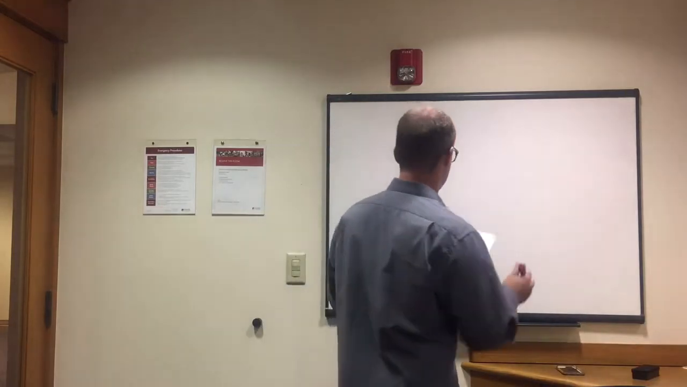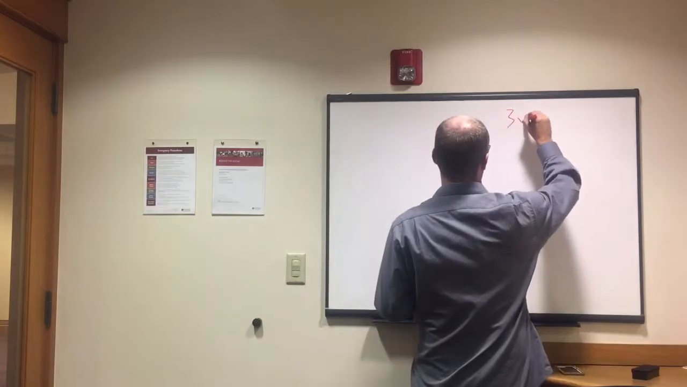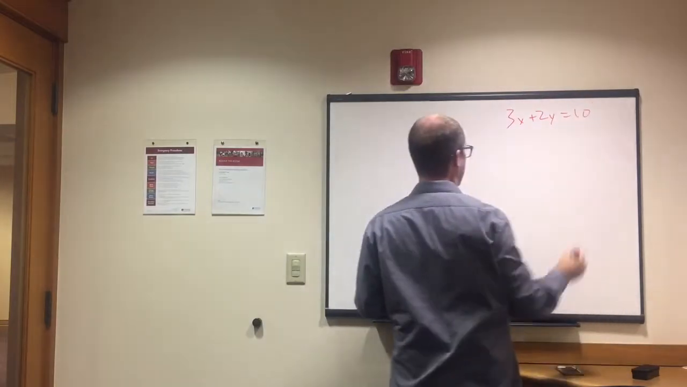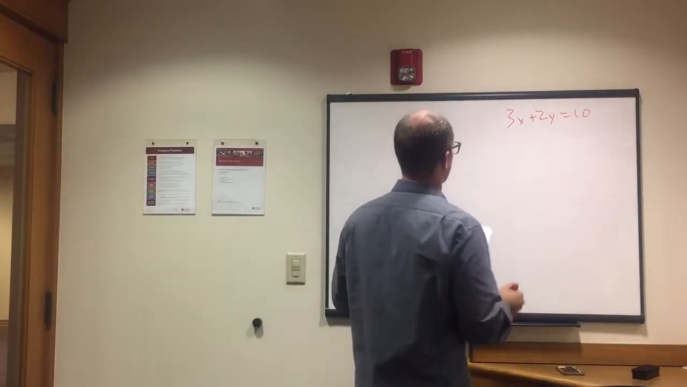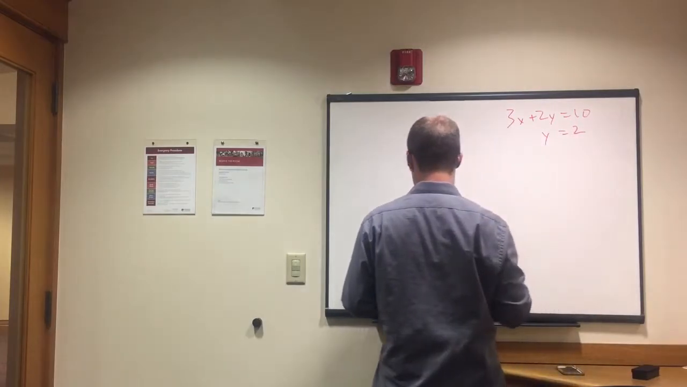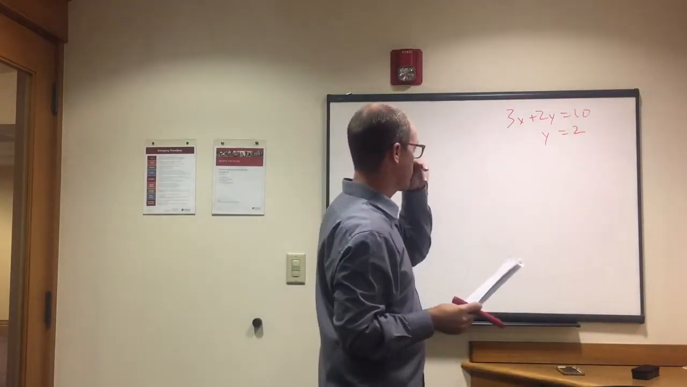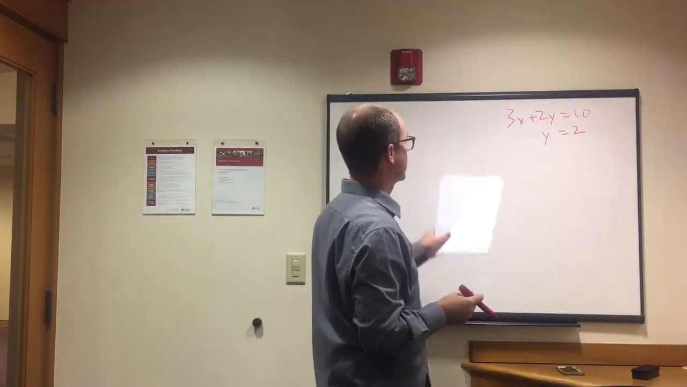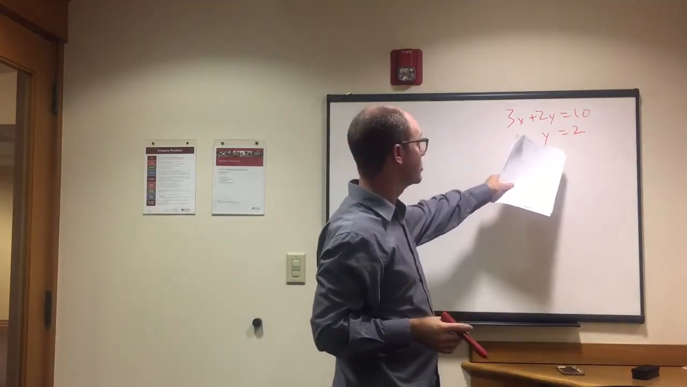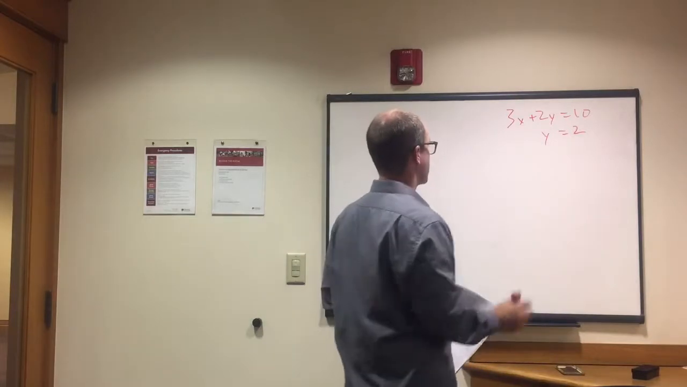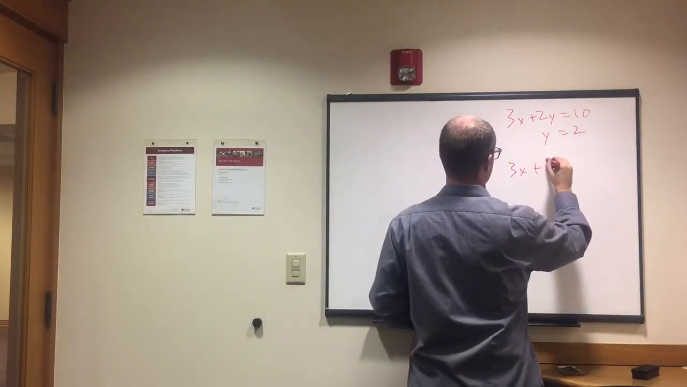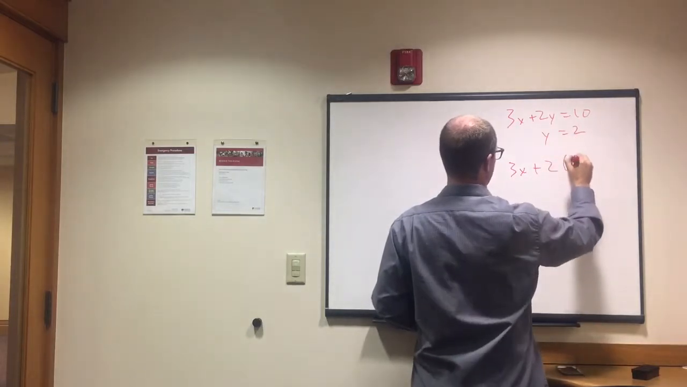So this one we have 3x plus 2y equals 10, and y equals 2. Solve for x. Now, the easiest way to do this is we're just going to plug in y equals 2 up here, and then we'll solve for x. So 3x plus 2 times 2